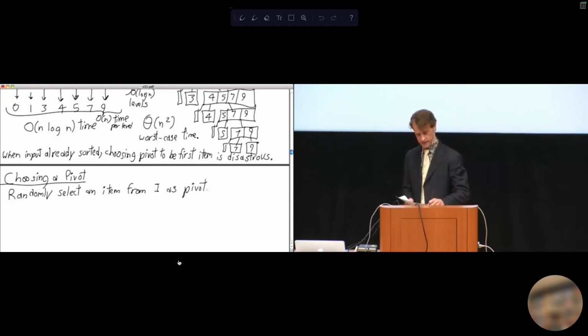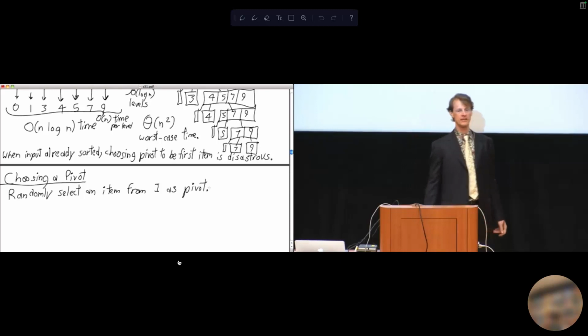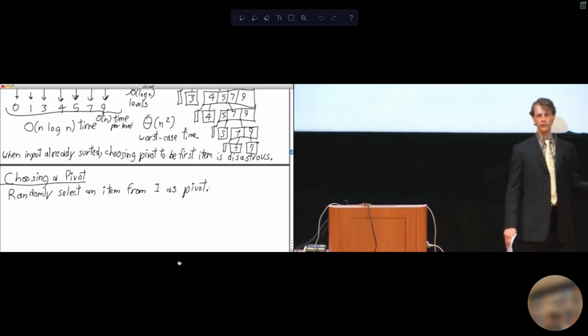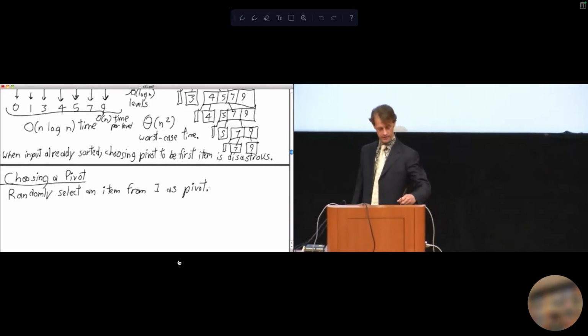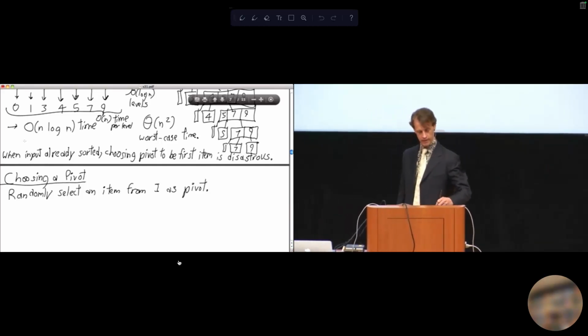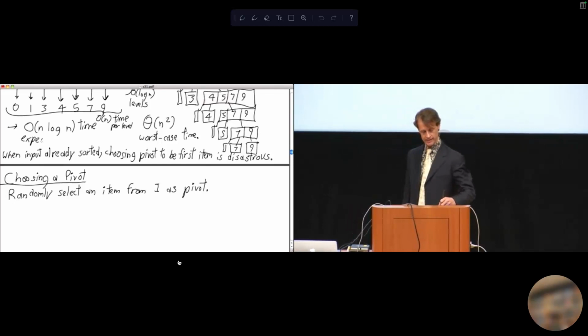It's actually really surprising how well this works and how it tends to work better than anything non-random that anybody has thought of. For instance, when I talked about this tree being order n log n time, that is actually the expected running time,